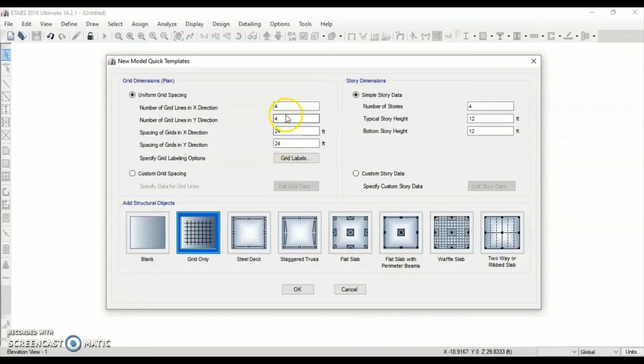So we have 1, 2, 3, and 4 grids in the X direction, 1 grid in the Y direction, and we have an X grid spacing of 12 feet. The Y spacing doesn't matter because there is just 1 grid in the Y direction, so any number will not affect the grid drawing. So in the vertical direction, the story dimensions, the number of stories,